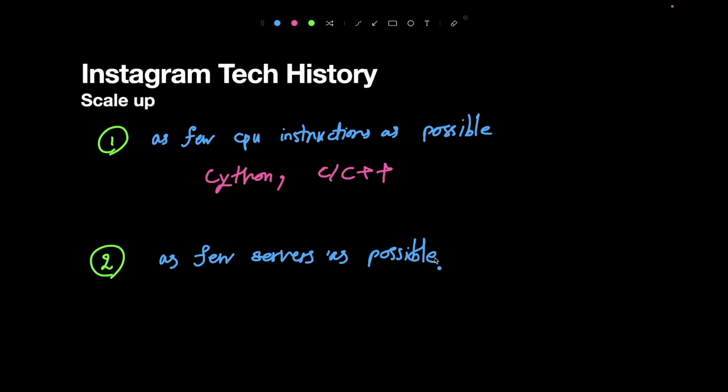In the first method, we want to increase the capacity and performance of each server. In the second approach, we actually want to decrease the number of servers. So in order to achieve this second goal,